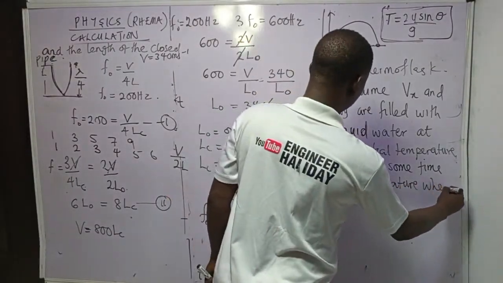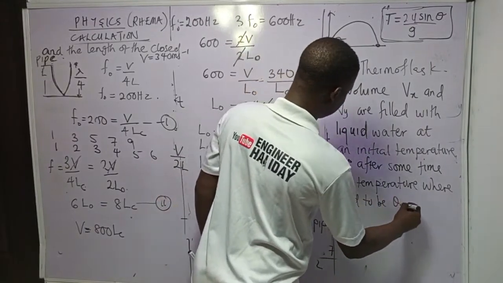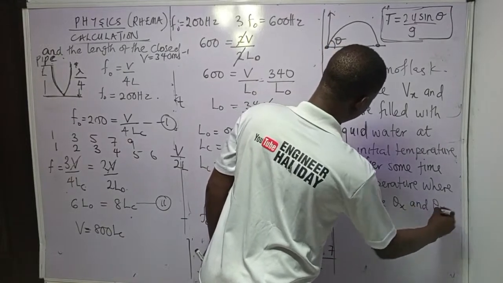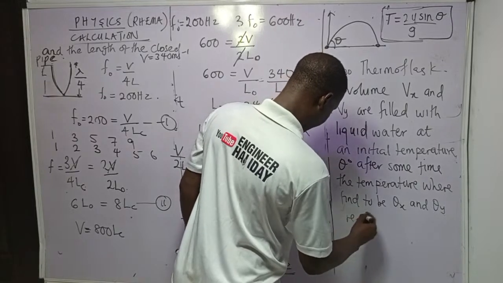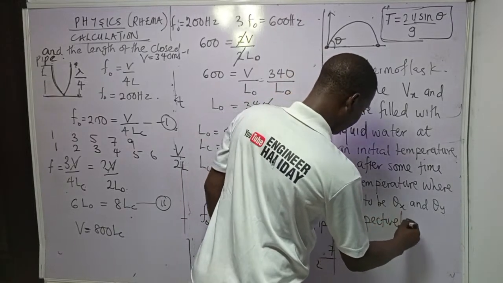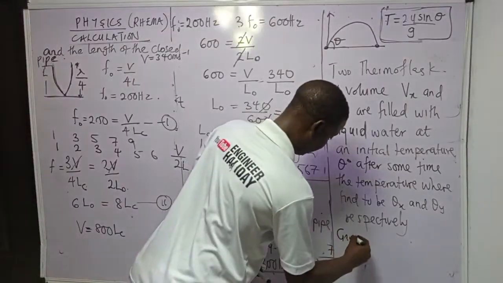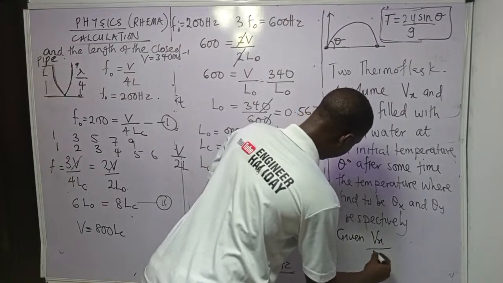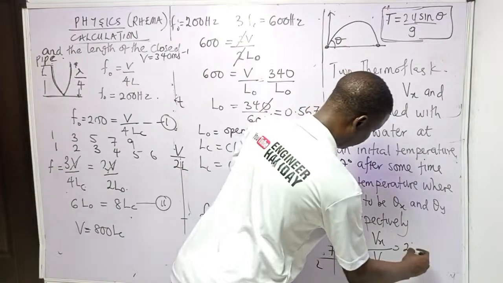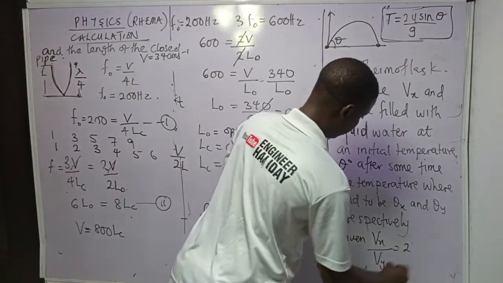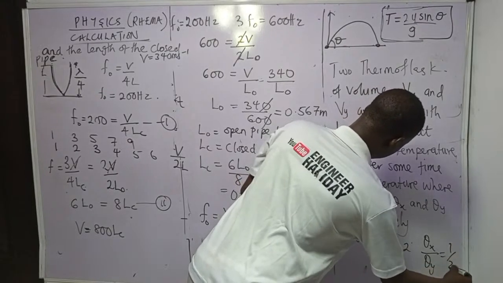Given that Vx over Vy is equal to 2, and theta x over theta y equals 1 over 2,